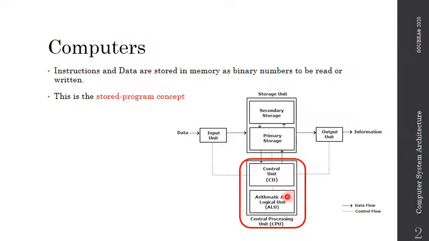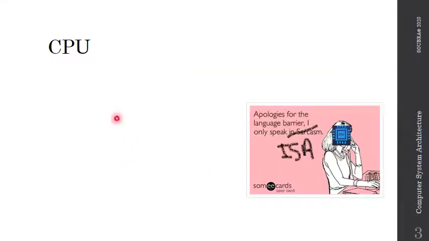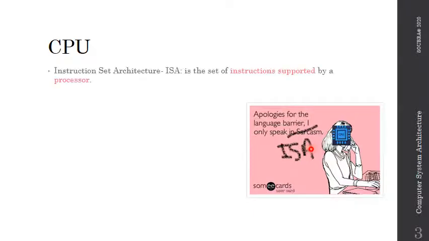The CPU gets the instructions. So the language of the CPU is ISA, and you would remember that from now on using this meme. The CPU speaks nothing but the ISA, and the acronym ISA stands for Instruction Set Architecture. You can also call it just architecture, and this could be seen as the dictionary of instructions that is